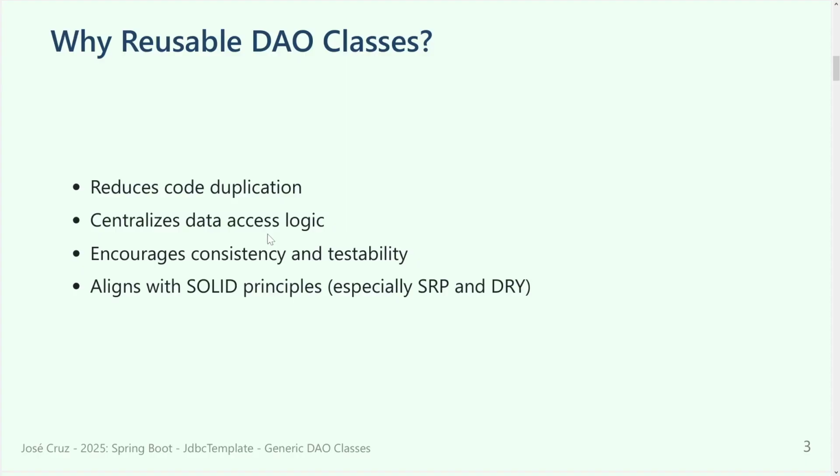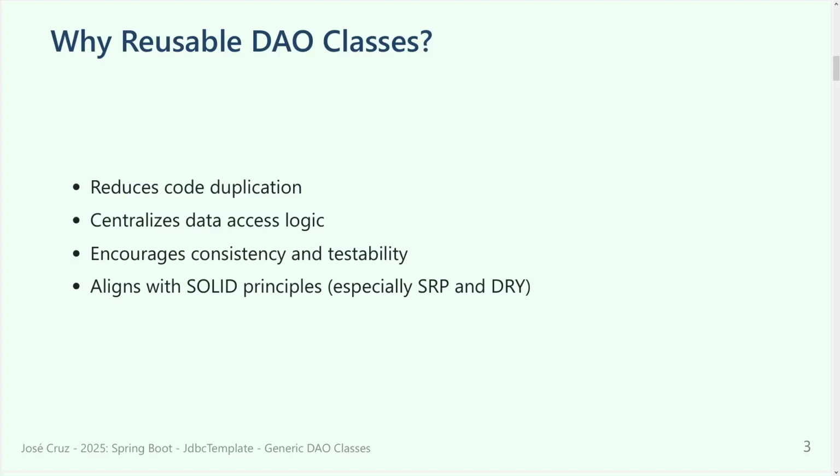It's an approach. Some people don't like it. They like to do everything for each one. They say that in the future they will be able to change without impact on the others. That's right. The centralization always creates this problem that small changes can have a big impact on your application. So take this carefully. Encourage consistency and testability, as I was saying, and aligned with SOLID principles, especially the single responsibility